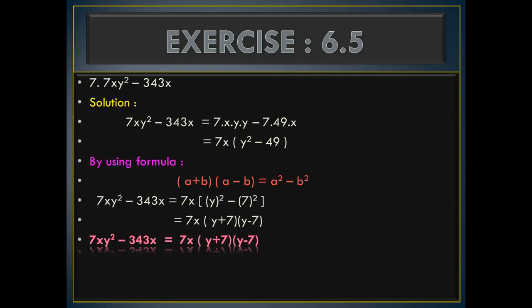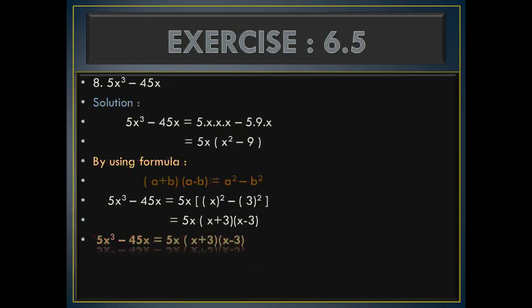When you have this type of question in which the coefficient is not the square of any number, it means that in that question you must take the common. Otherwise you cannot apply the formula, because 7 is not the square of any number. You cannot write 7xy whole square, because 7 and x are separate, and y square is a separate variable. So you cannot put the square on all these three. Square is only on y, not on 7x. Yes, come to the next question.